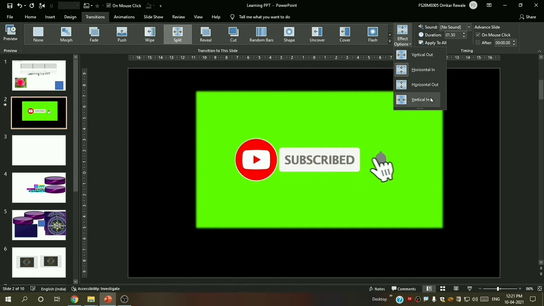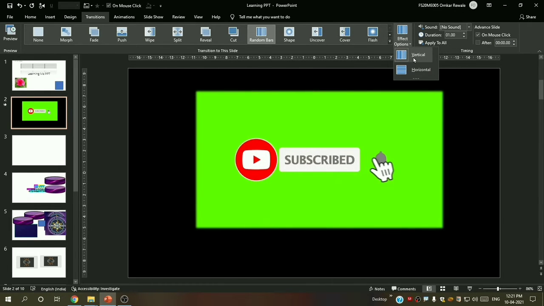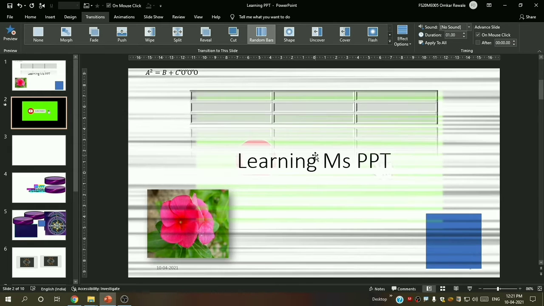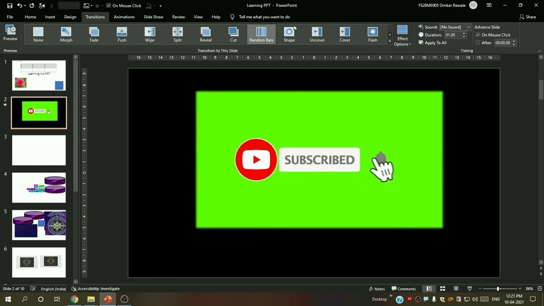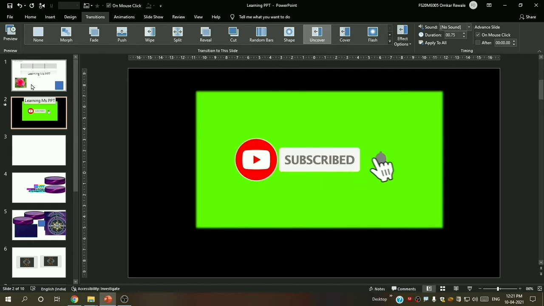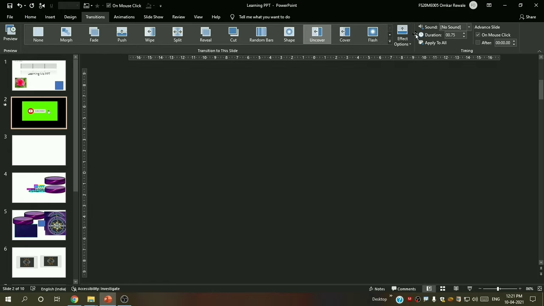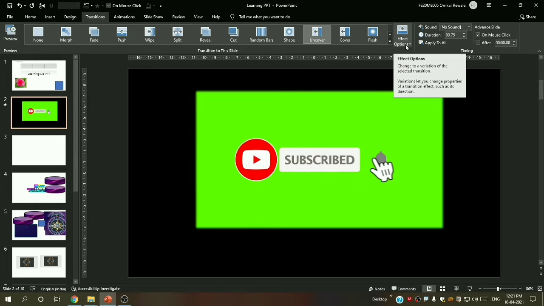Again, vertical in, horizontal out. Same for random bars. Now this was the vertical and this will be the horizontal. So you can also try these effect options on your own. These are not much hard to explain. You can just try them from here. Some do not have, some have.